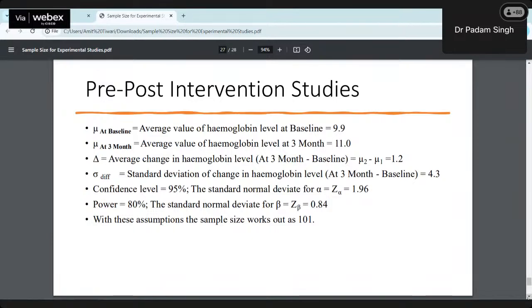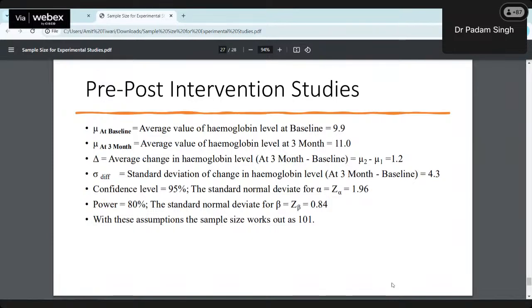This is we desire, we expect that इतना change जो है improvement उसमें होना चाहिए. Now the value of sigma of this difference, this delta, we are assuming as 4.3. This is on the basis of previous studies. We have values of Z alpha and Z beta. Okay, it is 1.96 and 0.84. फॉर्मूला जो मैंने पिछली स्लाइड में दिया था उसमें आप ये सब्स्टिट्यूट कर दीजिए, the sample size works out as 101. That means आप 101 adolescent girls में IFA supplementation कीजिए,